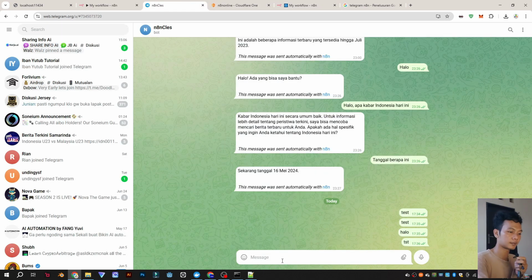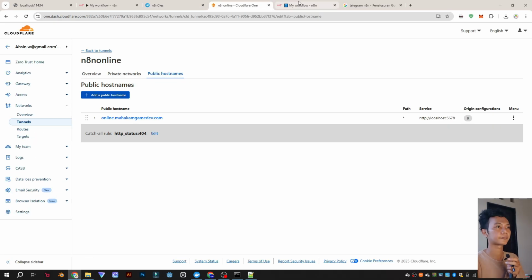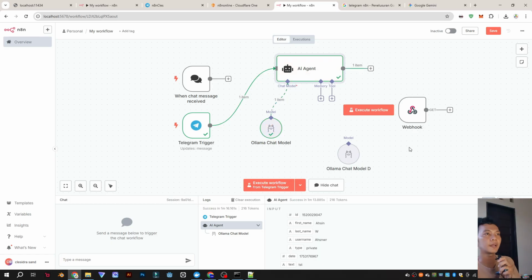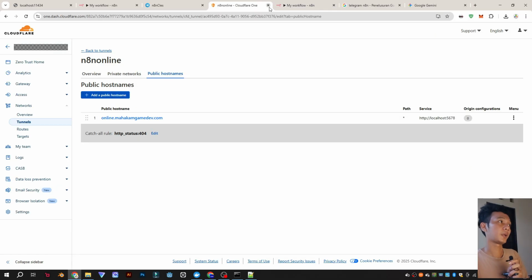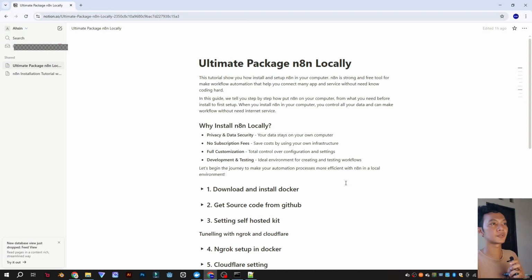Let's chat, test. So the trigger is active now. Waiting for the response. Okay, this is finally working, N8N fully local, and we can open it online with Cloudflare tunnel or with ngrok.